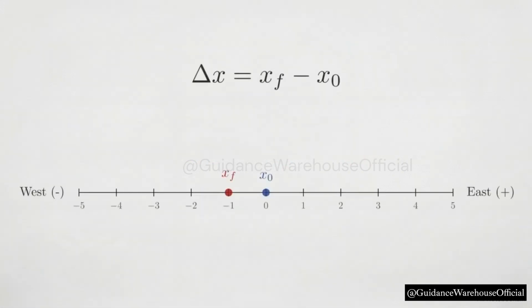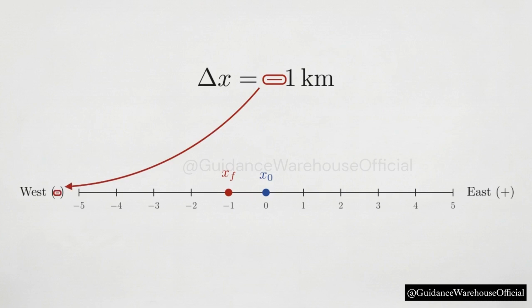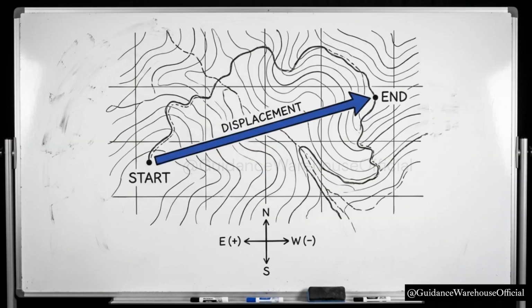Let's run the calculation. We take -1 and subtract 0, resulting in a displacement of -1 kilometer. That negative sign indicates direction. Because we defined west as negative, the cyclist ends exactly 1 kilometer west of where they began. By using signs to represent direction, displacement gives us a net result that accounts for every turn and change in